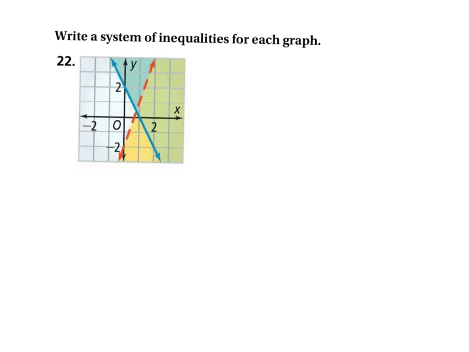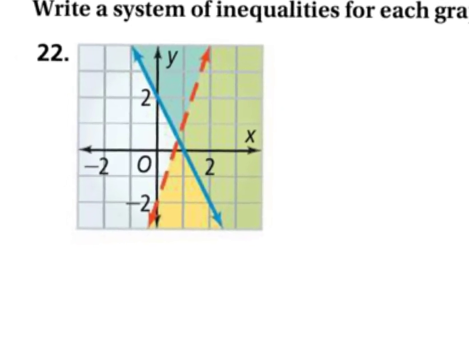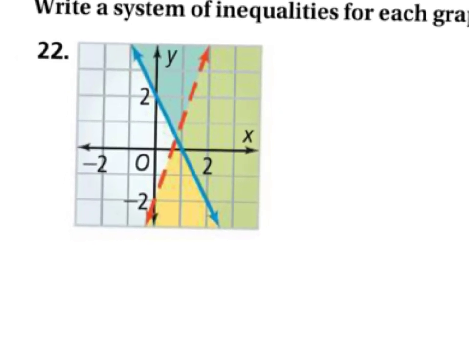For number 22, they want us to write a system of inequalities for the graph. So basically we have two different lines here. We've got the blue line and the red line. So the blue line, if we look at that, we could look at where our y-intercept is. Okay, so for the blue line,